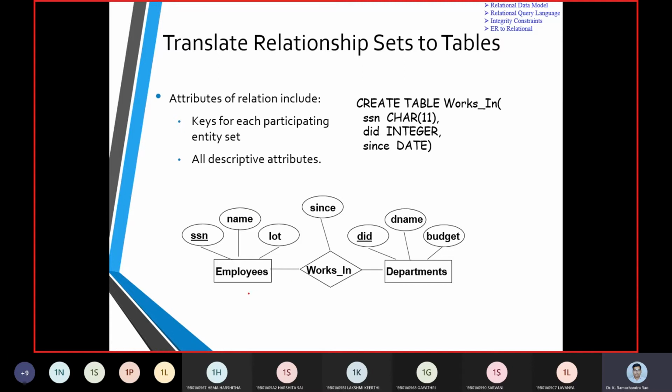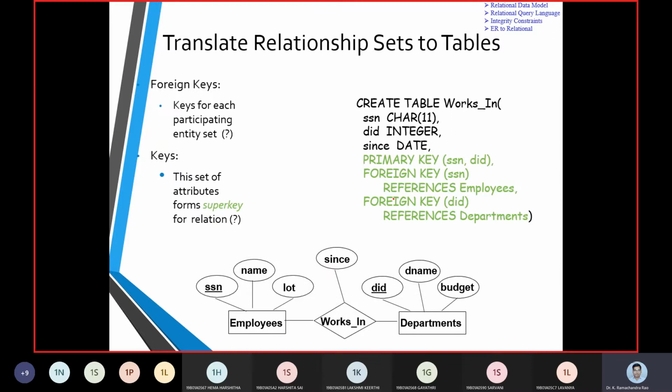Since it is part of the works relation, we call this item a relationship set.